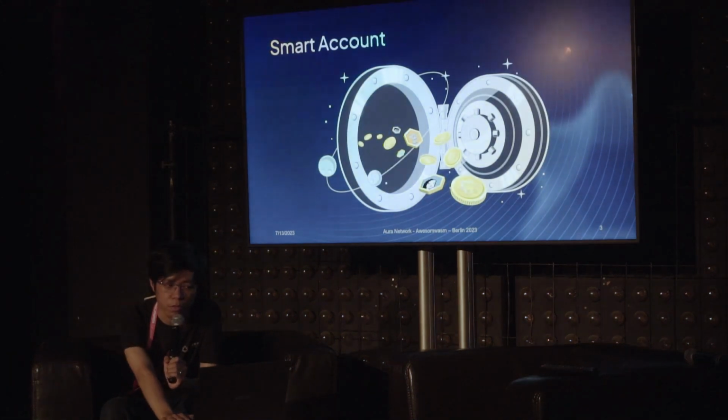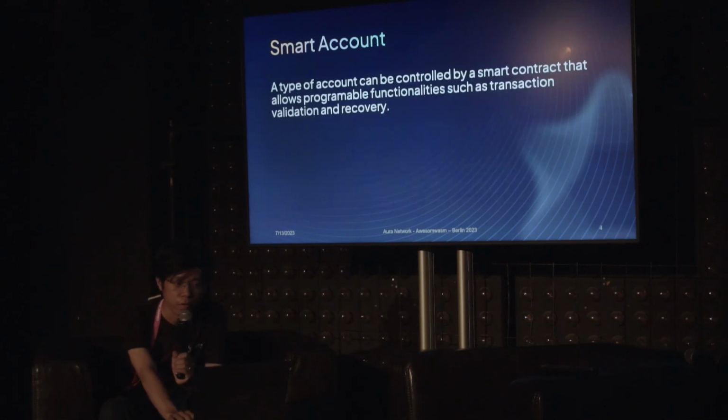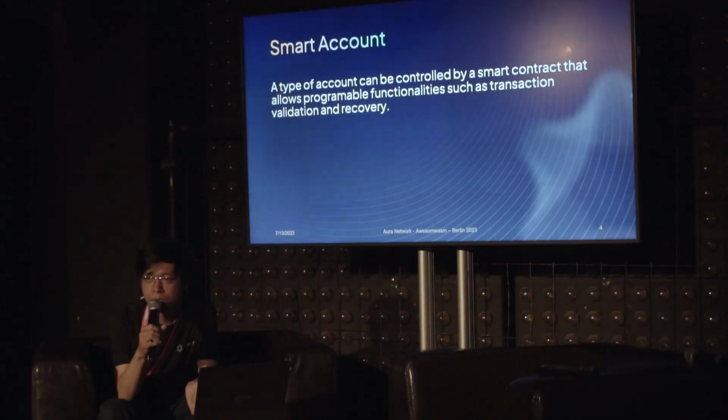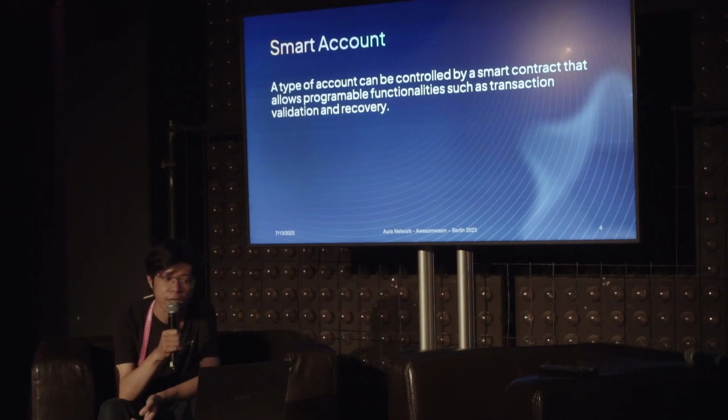The first thing I want to talk about is the smart account. With smart account, we can enable functionality that lets developers manage their application more easily. Here is a definition of smart account. It is a type of account that can be controlled by a smart contract that allows programmable functions such as